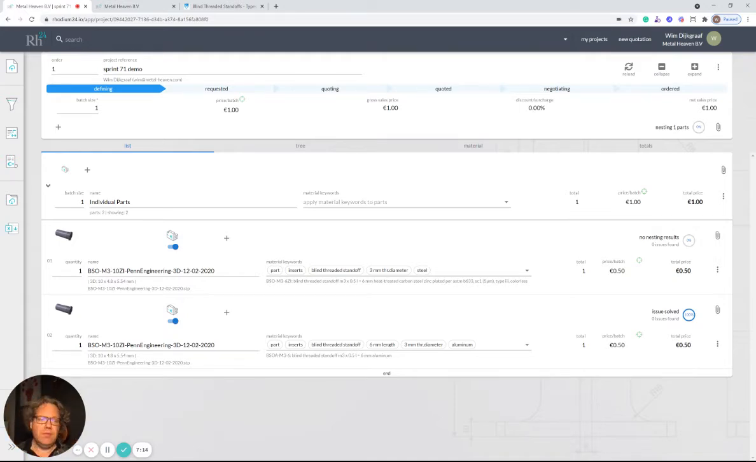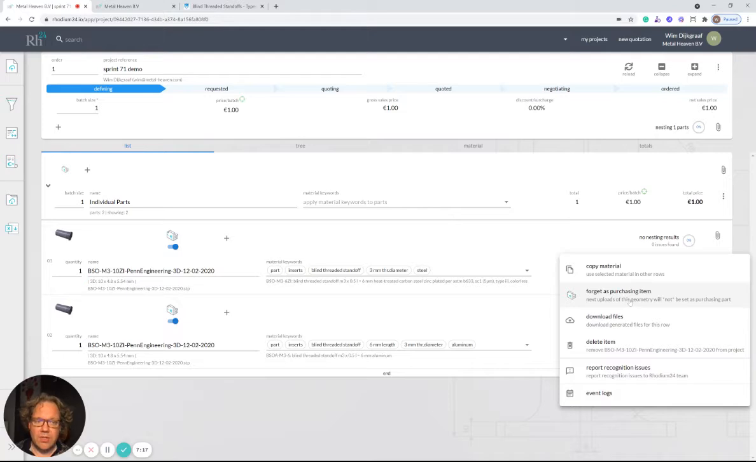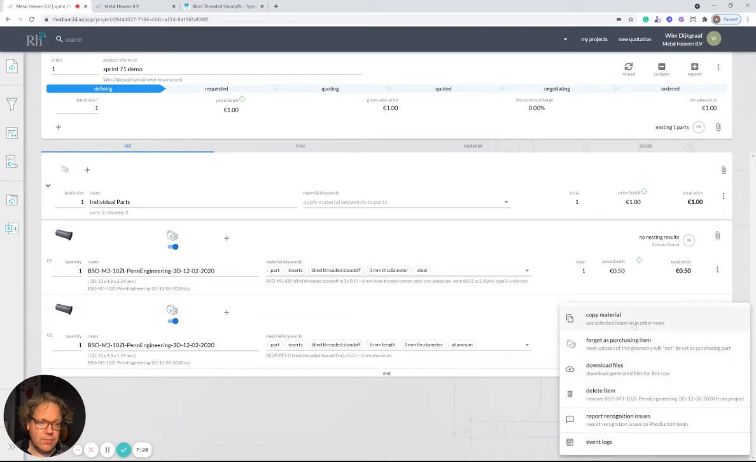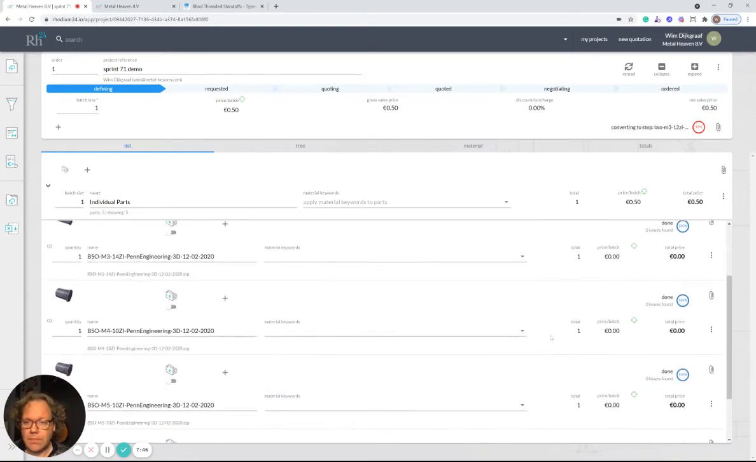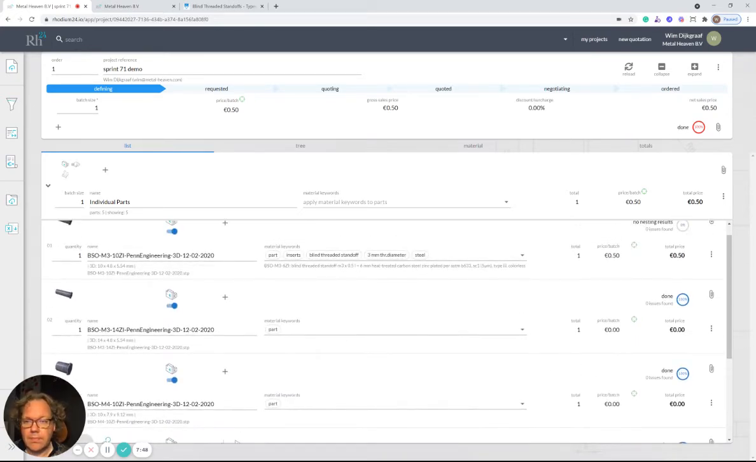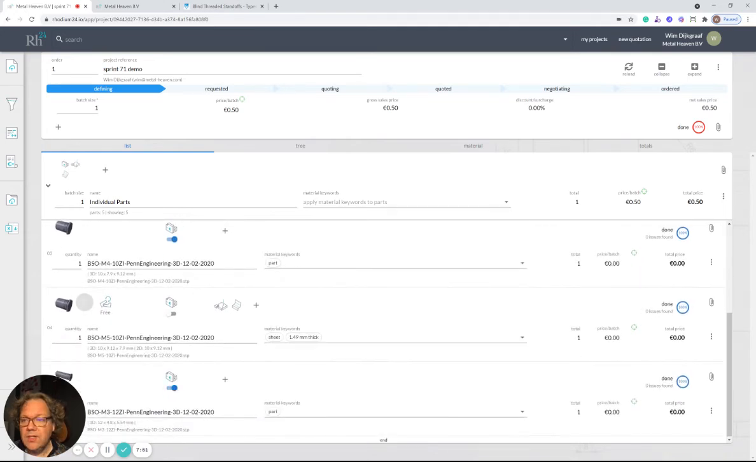So now we have used this context menu in order for Rhodium to memorize assigned keywords for a specific purchasing part. Now I'll show you how to train a couple of more geometries. So I add from the Pen Engineering catalog 4 additional CAD files, geometries. And you see here that somehow the recognition engine of Rhodium